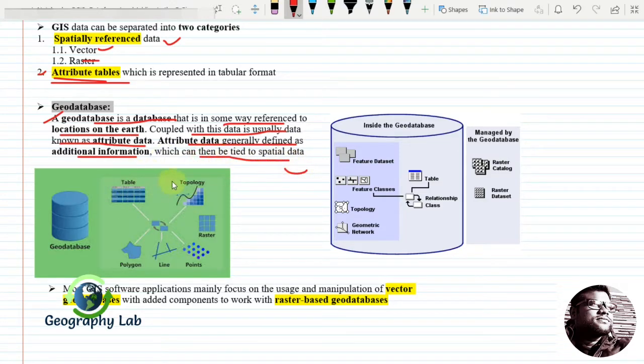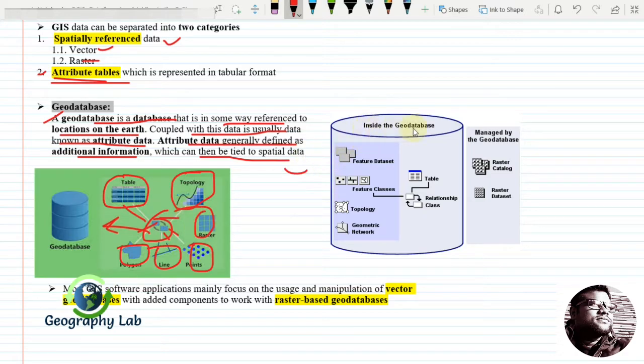So the basic idea is that we have some attribute data and some spatial data, that is topology, raster, point, line, polygon, etc., and all the data are stored in a particular area, and this area is called the geodatabase.